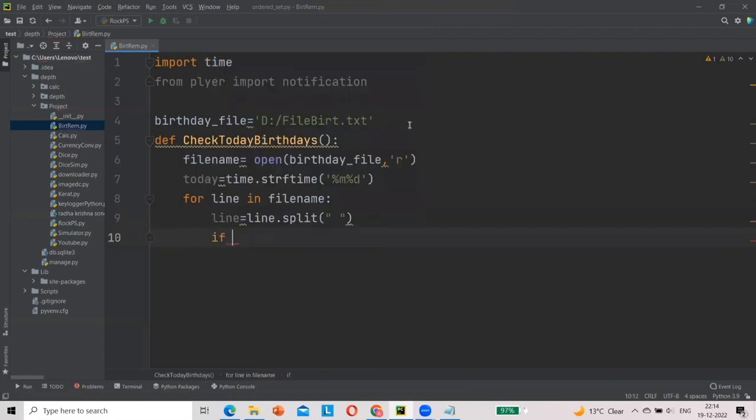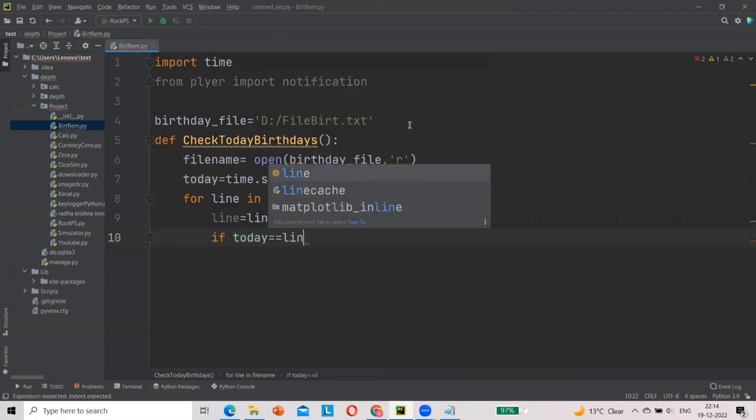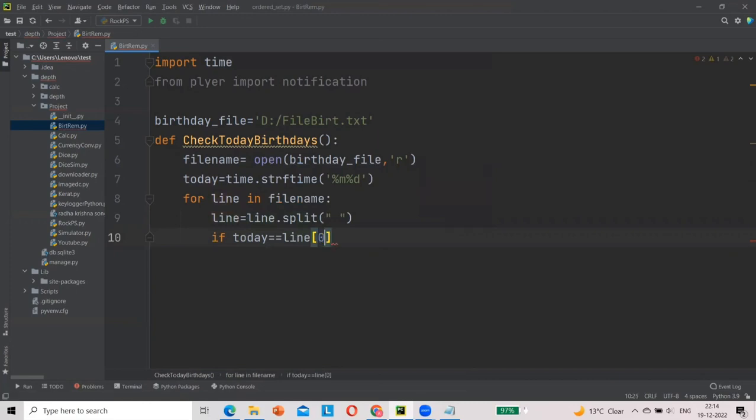Now if today equal to line 0, because we have stored the month and the day. If today is equal to line 0, 0 is the index. Okay, then there is a notification which will pop up,